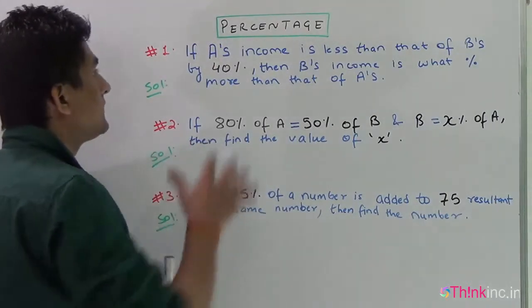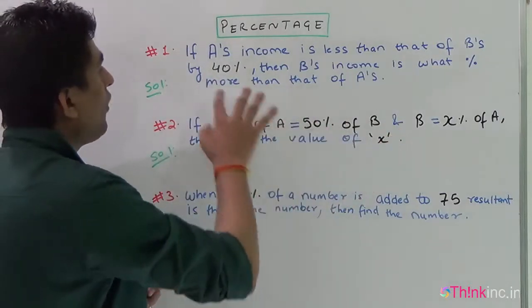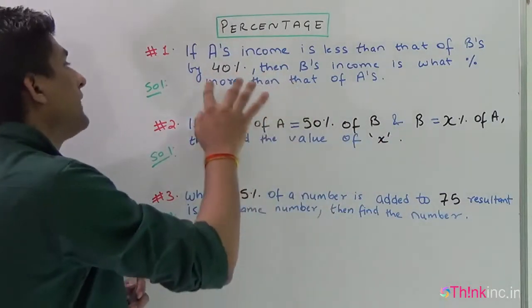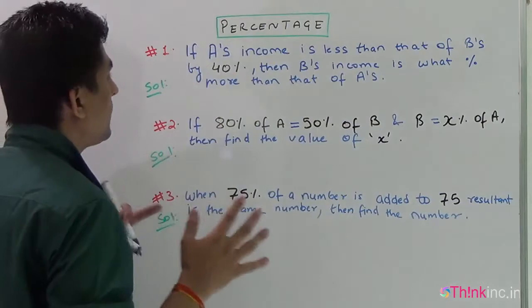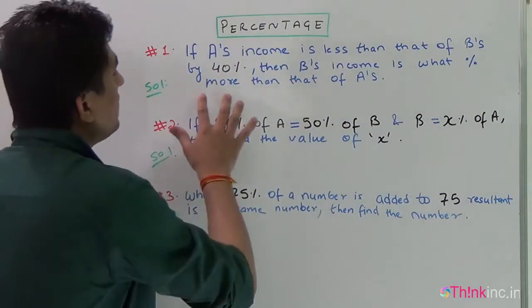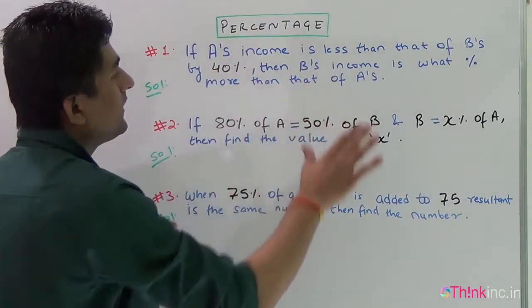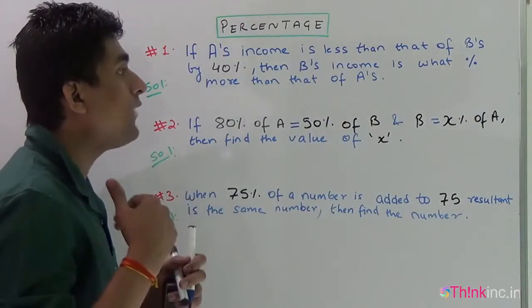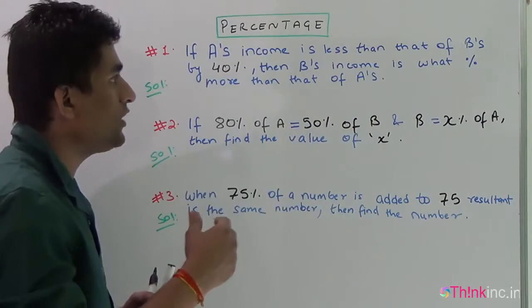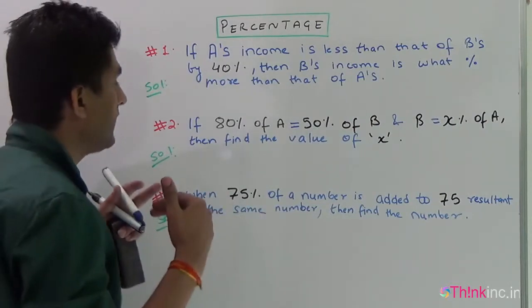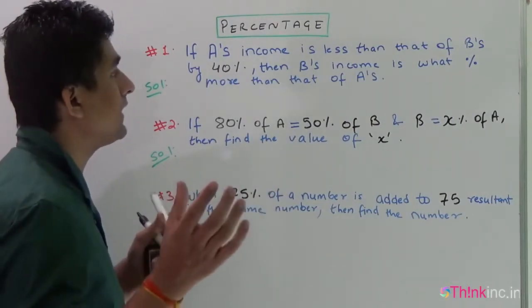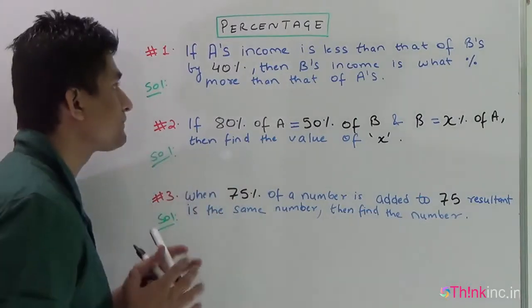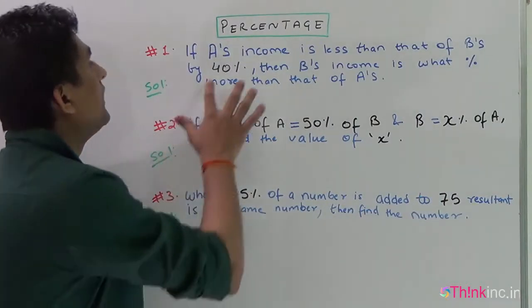In this question, since there is no fixed value given, all the things are relative, that means in the form of percentages. All the quantities, all the numbers are in relative form. There are no fixed quantities, so we can make a general value substitution. General value substitution means we can make either person's income 100. This is the assumption we can do.